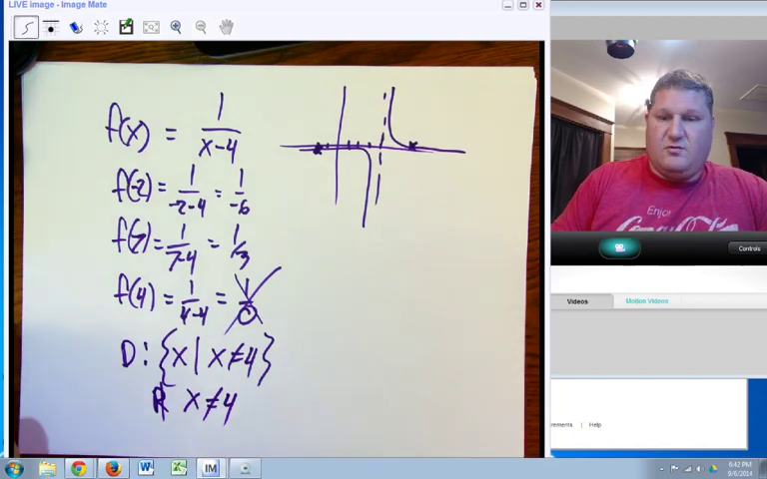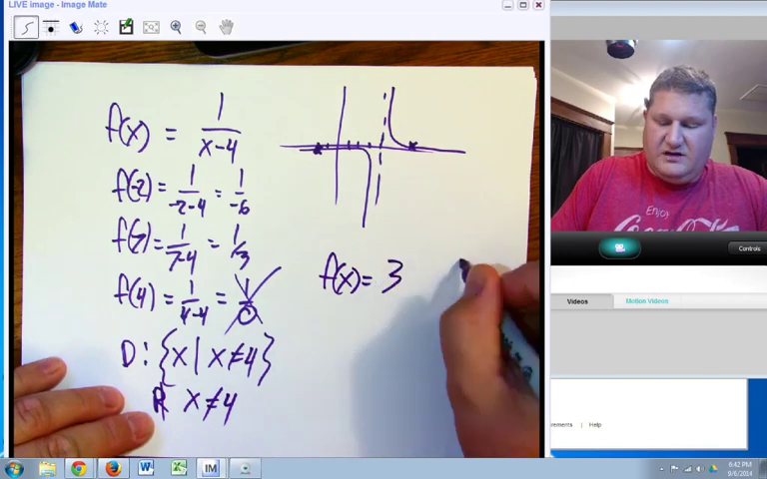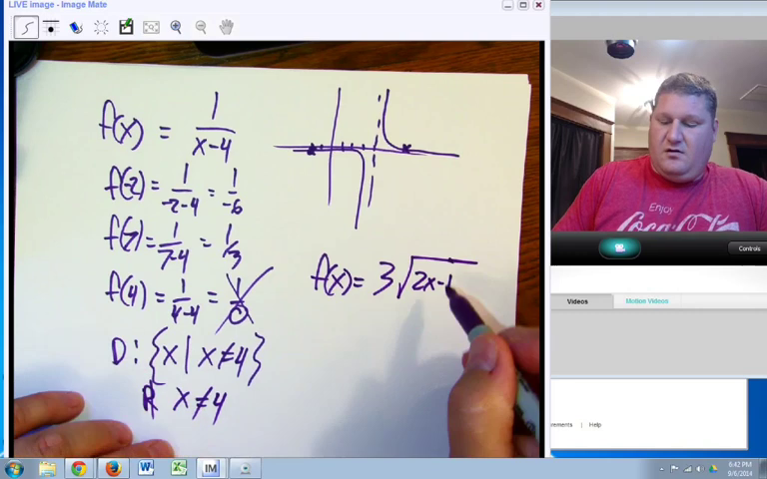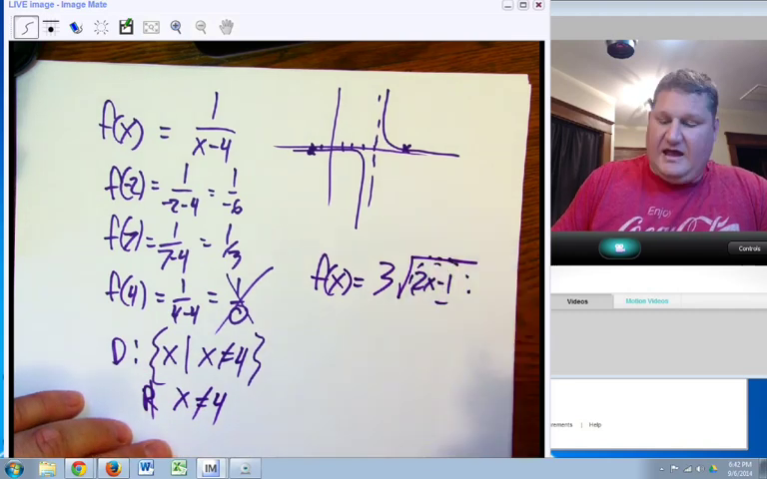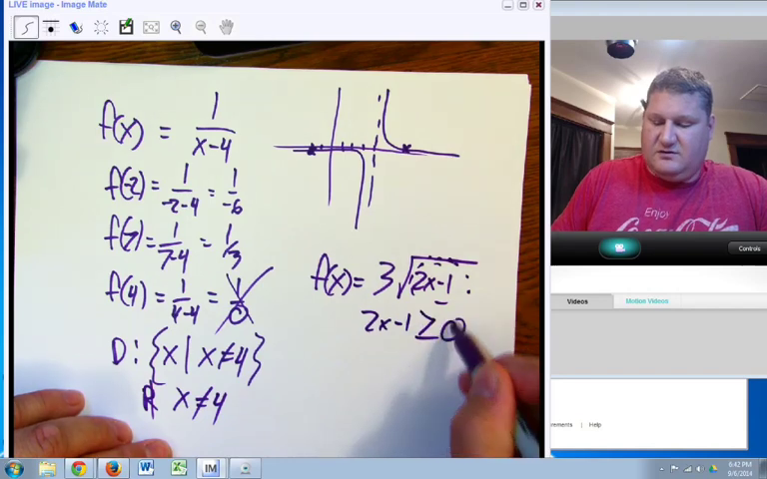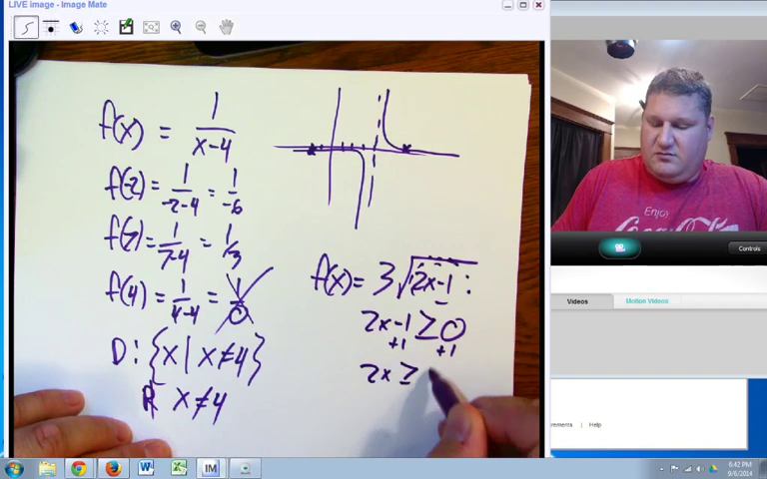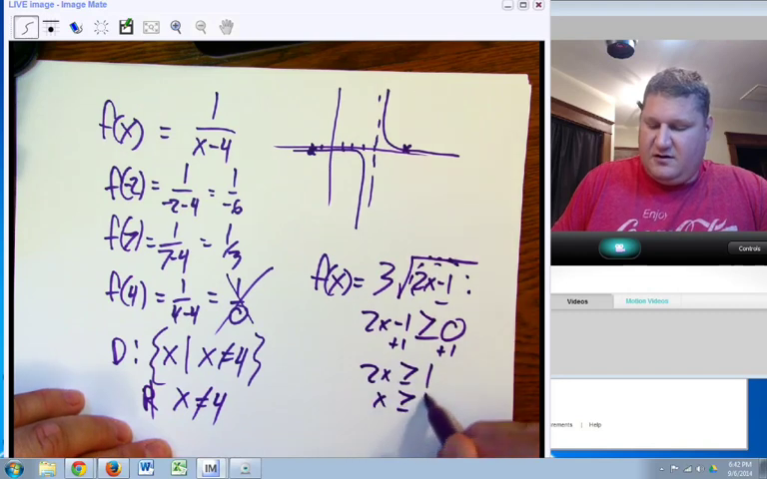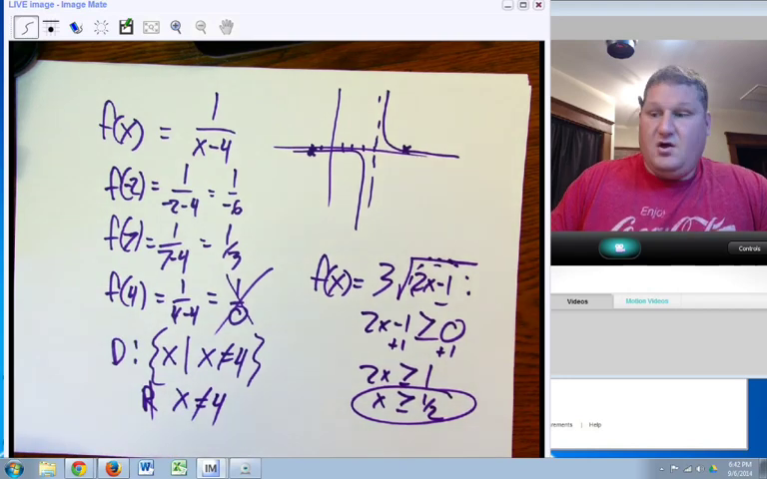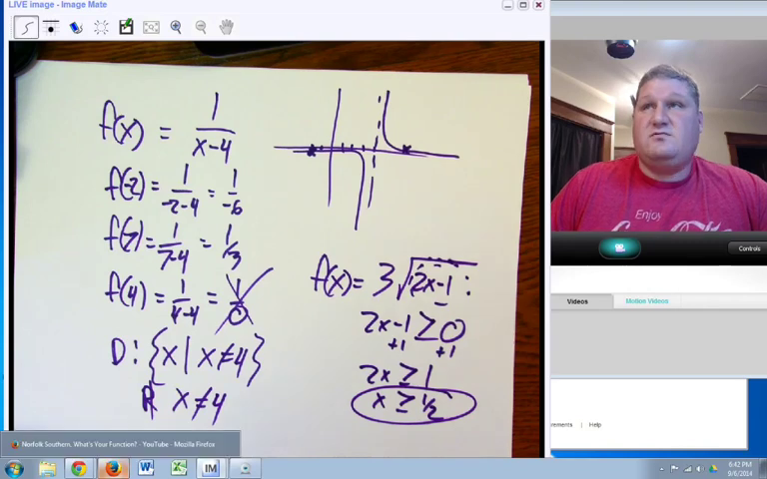If we have a square root, let's say we have f of x equals the cube root of 2x minus 1. We say, well, whatever's under here can't be negative, so we would say 2x minus 1 has to be greater than or equal to 0, and begin solving. 2x greater than or equal to 1, x has to be greater than or equal to 1/2, and that's going to be our domain. All right, so with all of that,